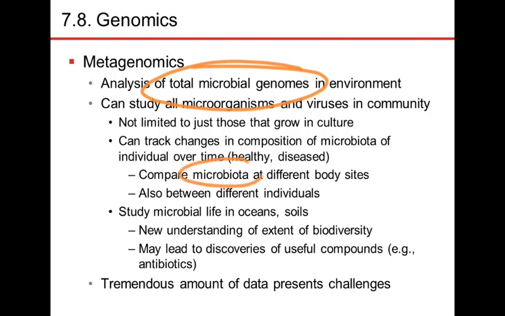So we're looking at the microbiota, and it's important to also know what's going on at different body sites. We've talked a lot about the gut, but what's going on at the throat, what's going on in other parts of the body, so that we can understand how disease progresses. When we're pulling genes out of the human body, does it stay specifically to the gut, or are there other areas of the body where we can actually go in and pull out a number of different genomes and have results? Are we talking about bacteria? Yes. Okay, so sure, that's what this slide is saying at that line that I just highlighted. There are bacteria all over our body.